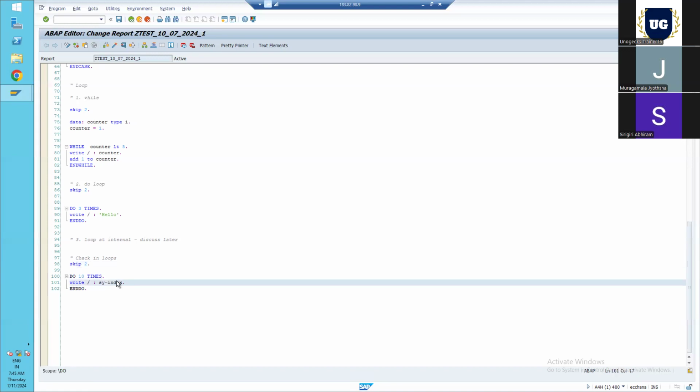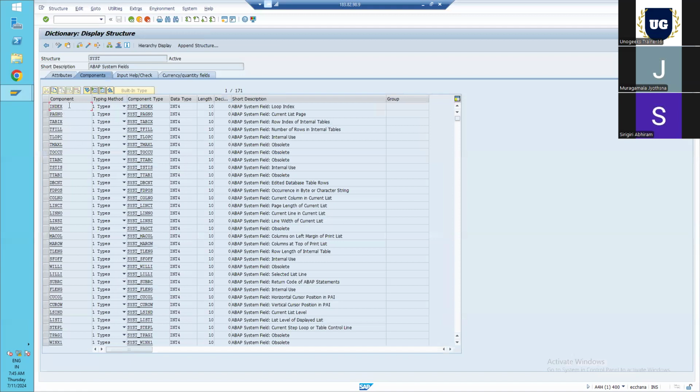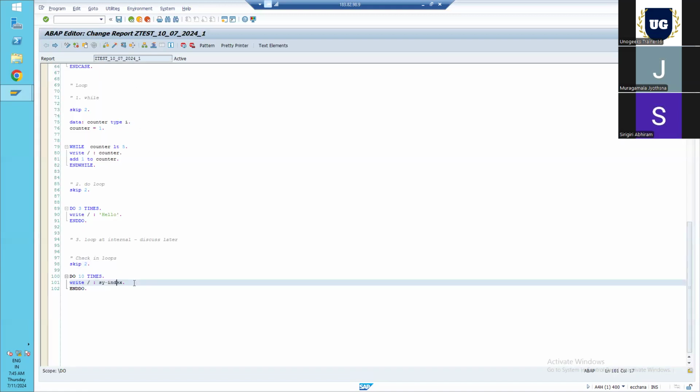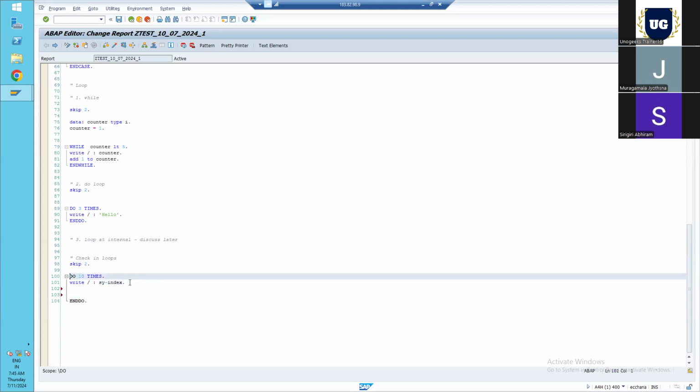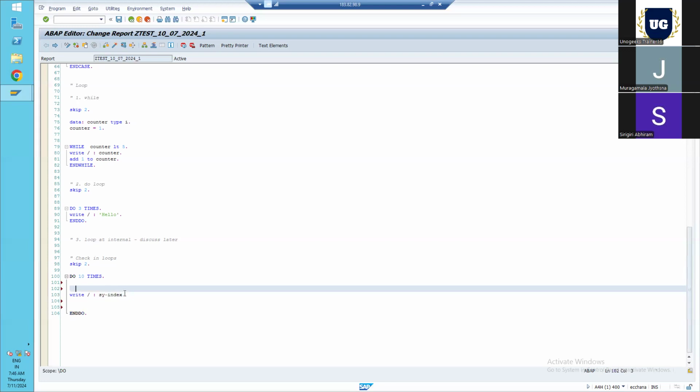Let's double click on this and see what its definition says. It says it's an ABAP system field and it is a loop index. So whenever we need to check any value depending on the index in a loop, whether it's a do loop or while loop, we use SY-INDEX here. So let's check. We are interested in printing this SY-INDEX when